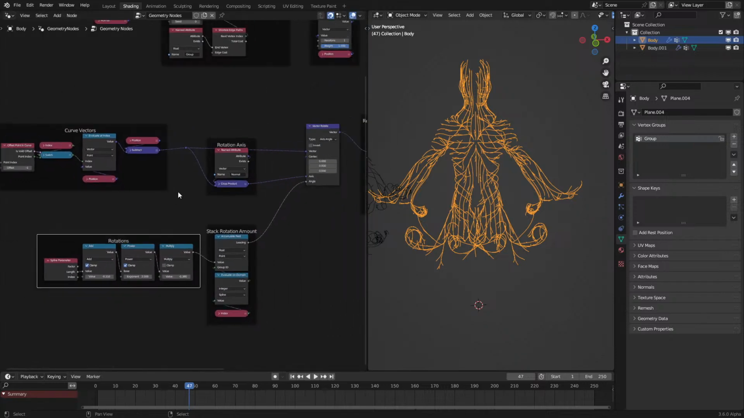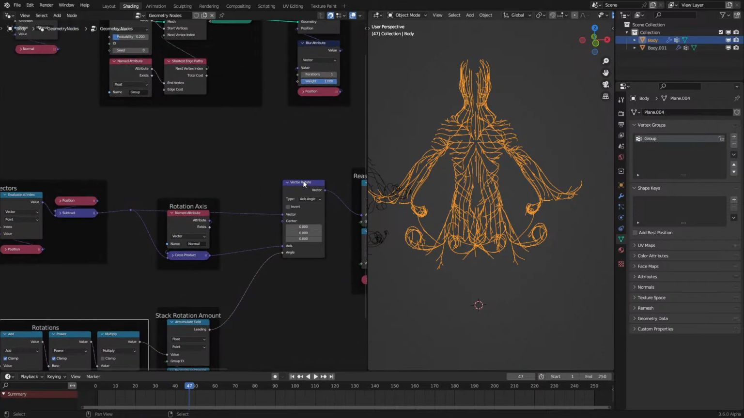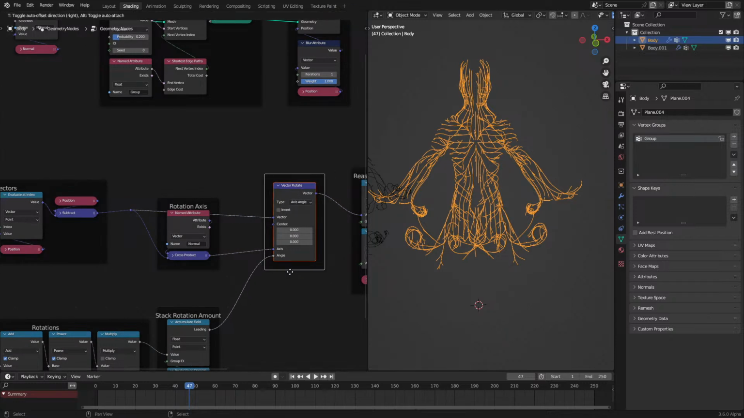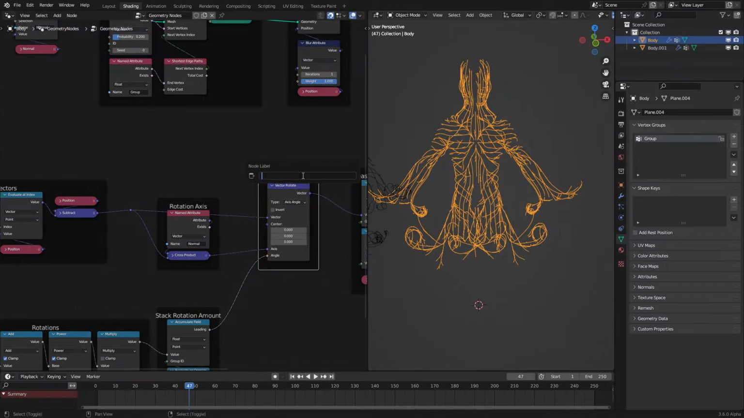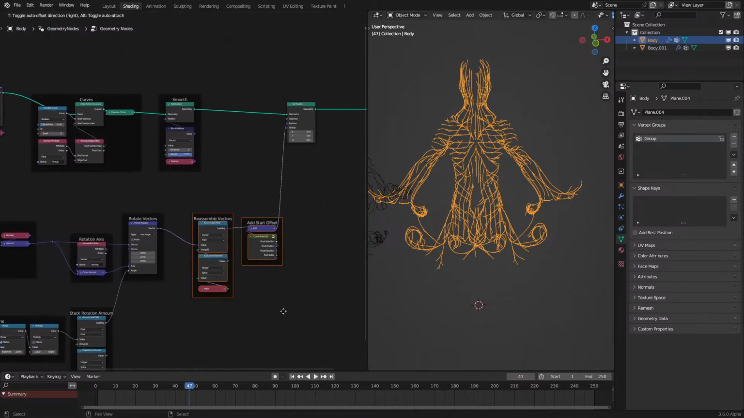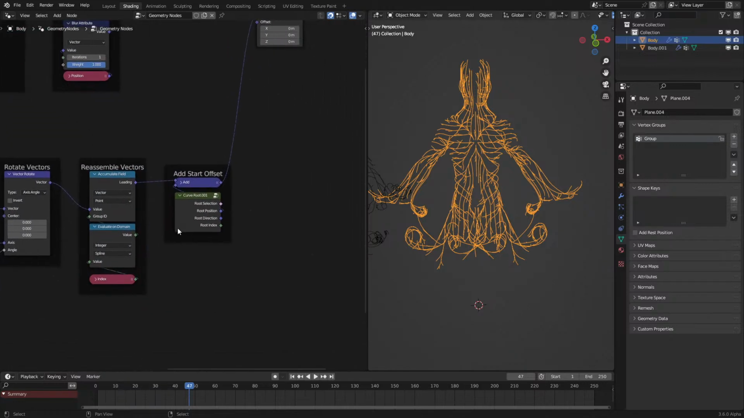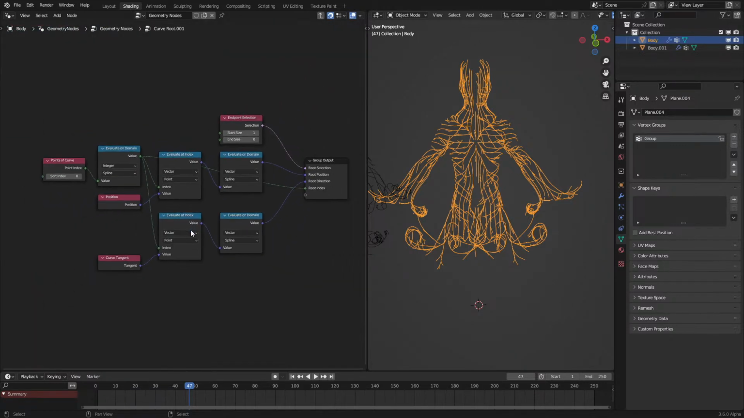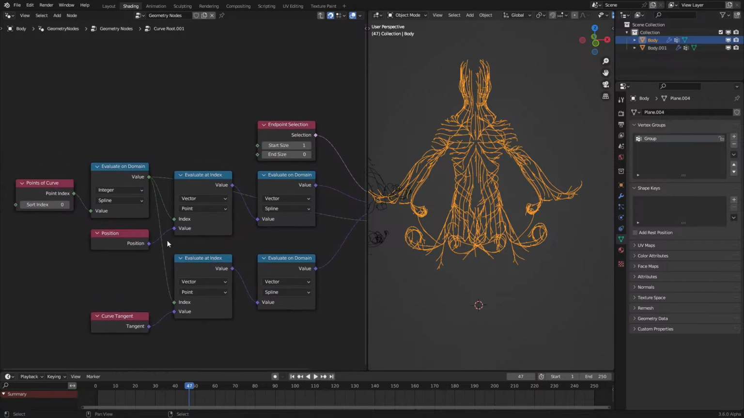There we go. So that is that. This is, I'll label this rotate vectors. Rotate vectors. And there we have it. Very nice. So this root position node is included in Blender by default, but if you want to add it in normally,